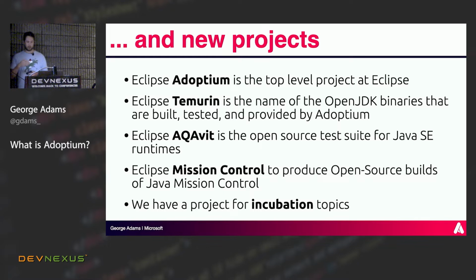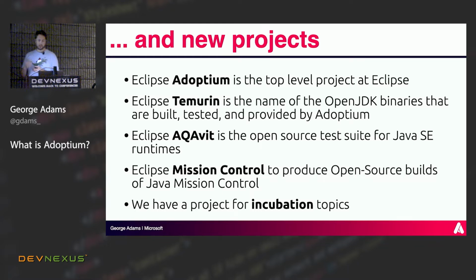And we came up with a whole subset of projects. As I say, projects sit inside the working group. So we have Temurin, which is the OpenJDK binary distribution. When most people hear Temurin, that is what AdoptOpenJDK was fundamentally, when you download it and use it. But there are other areas as well. We have the Aquavit project, which does some amazing work on testing and doing all of the TCK runs.